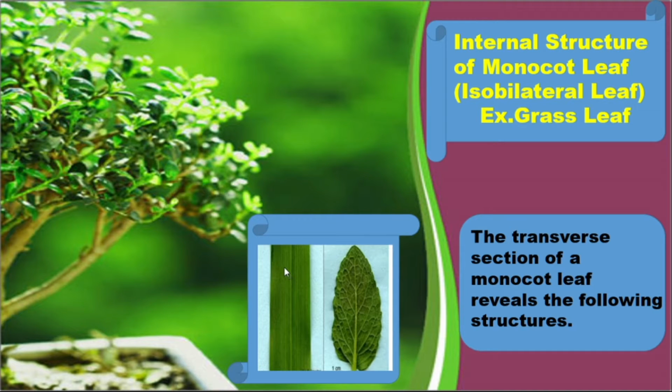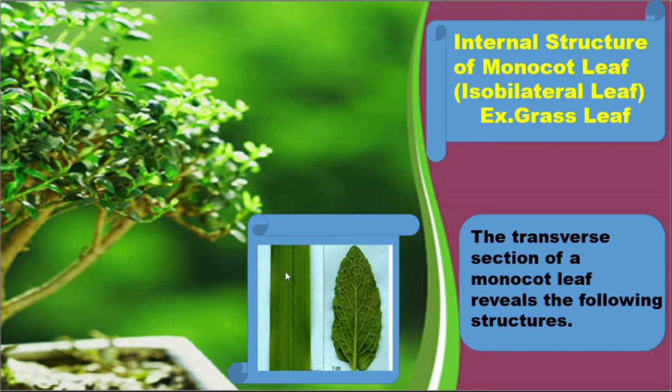Look at the veins present in the leaf. They run from top to bottom, in a longitudinal way. But here it's not like that, it's like a network. So this leaf we call a dicot leaf and this leaf we call a monocot leaf.